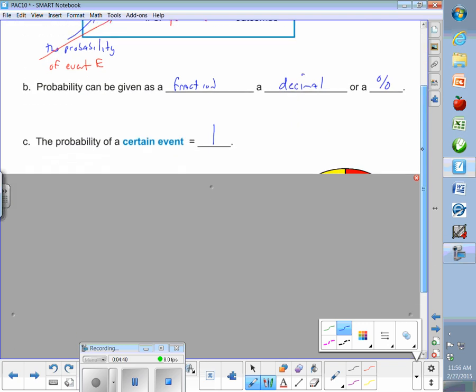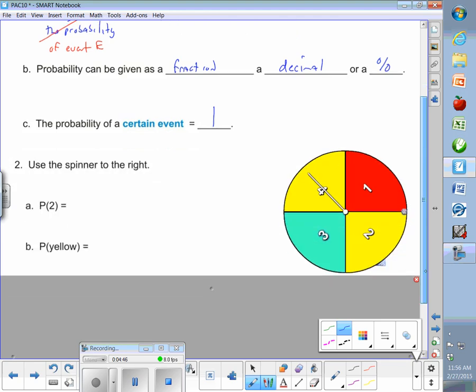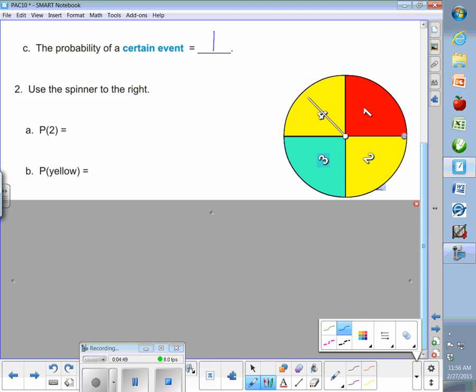All right. So probability. All right, let's do some practical stuff here. So I've got a spinner here, and you guys got a spinner on your paper. And what's the probability of spinning a 2? Well, let's go ahead and figure it out mathematically. How many 2s are there on the wheel? Say it if you know it. 1. How many total spots are there on the wheel? There is a 1/4 probability. So every 1 out of 4 spins should be a 2. That's probability. Now, this is supposed to be a random spinner.